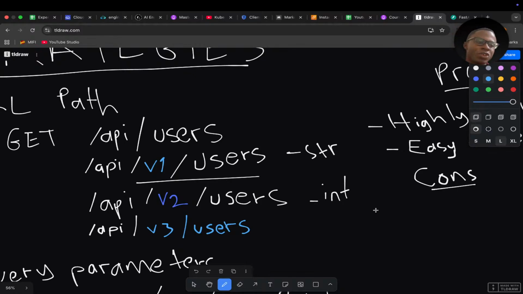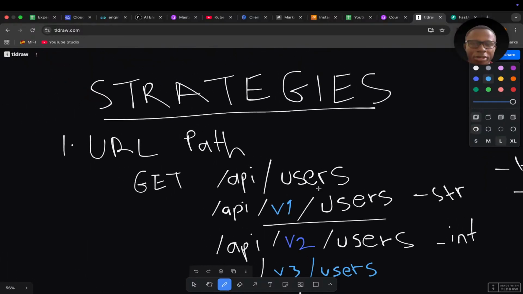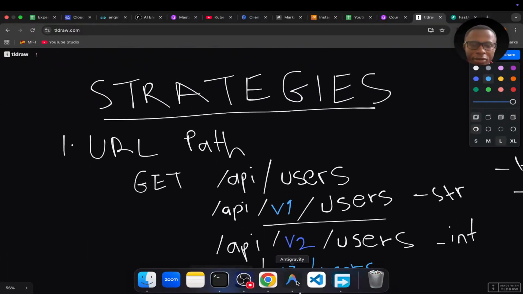That is when you do API versioning. Very, very important. So let us see what I'm going to implement in my code. Let me go to the code right now. Here,